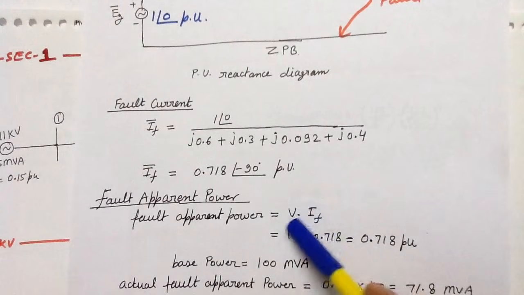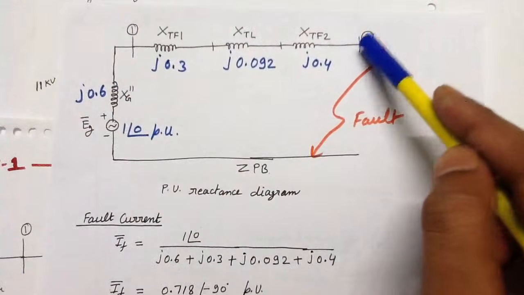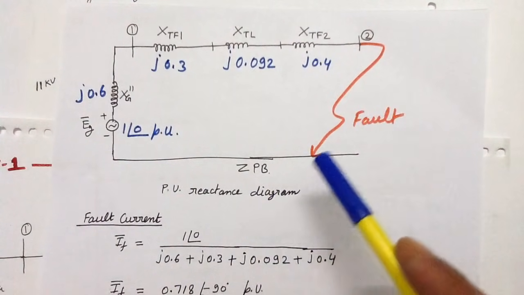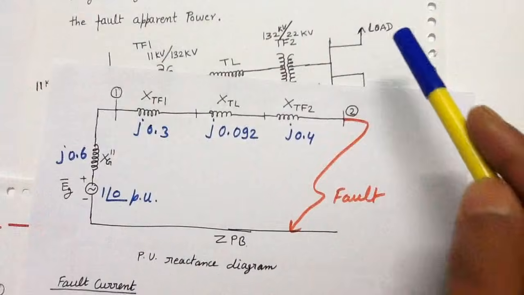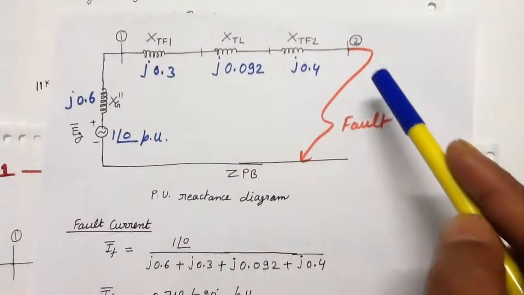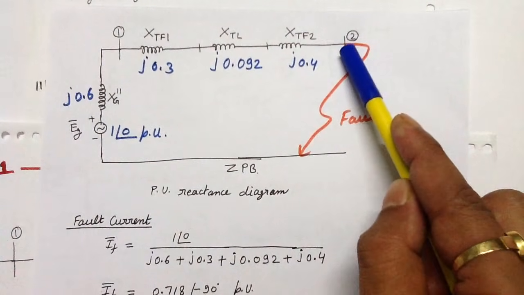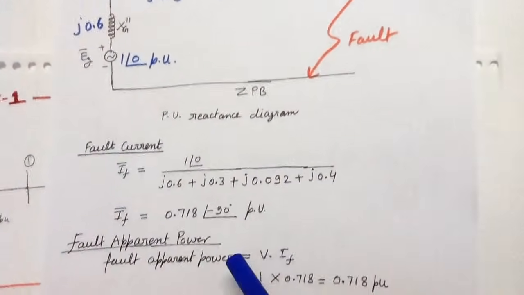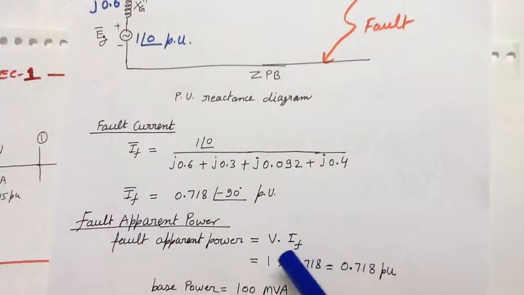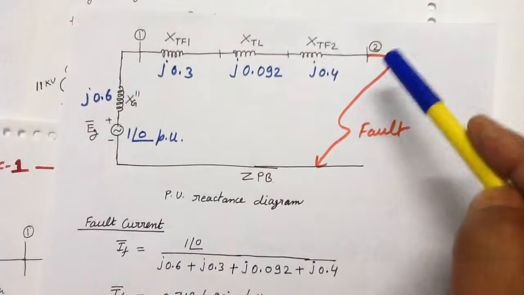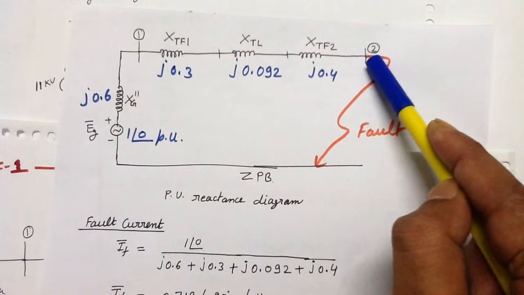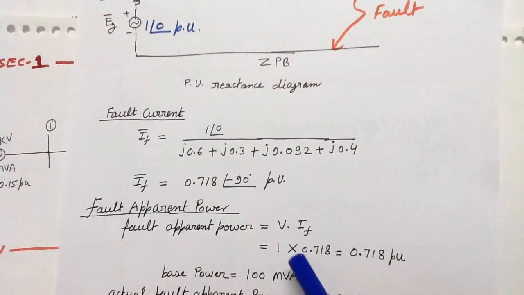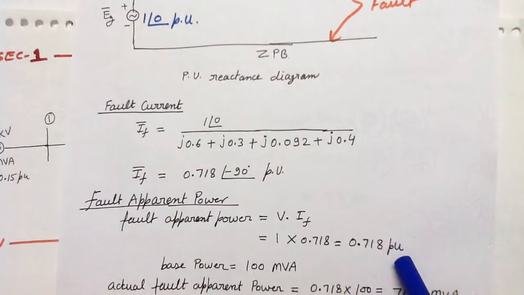What is the meaning of this V? This V is the potential of bus bar number 2, which is the 22 kV bus bar just before the fault. Because nothing is specified about the load, I am considering the voltage of bus bar number 2, the 22 kV bus bar, as 1 per unit. Remember, this voltage V is the voltage of bus bar number 2 just before the fault. So 1 per unit into the fault current, and you will get 0.718 per unit as the fault